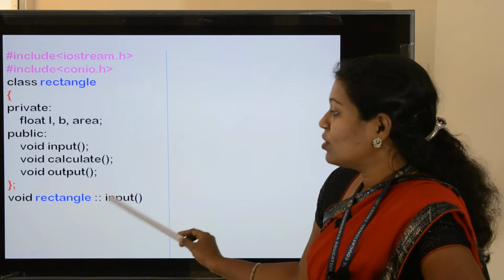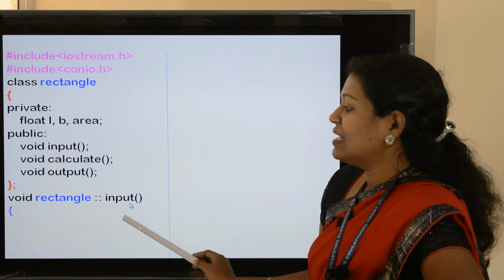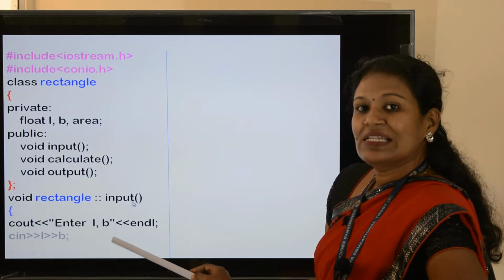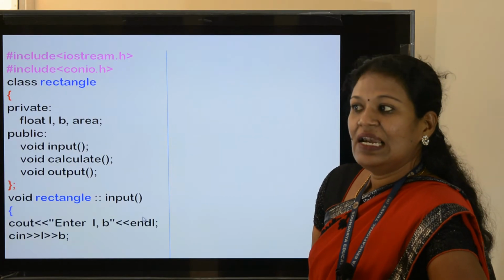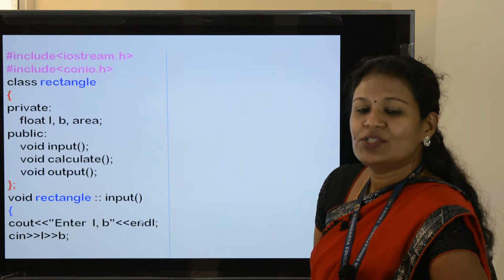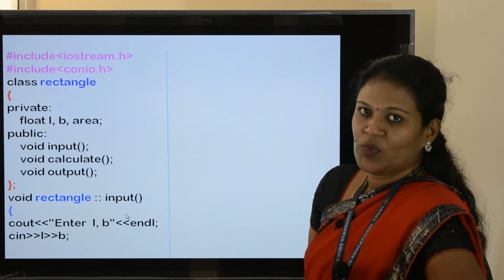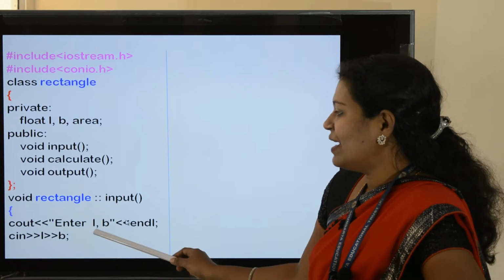Now we will see what is required in this input function. We need to enter the length and breadth of the rectangle.